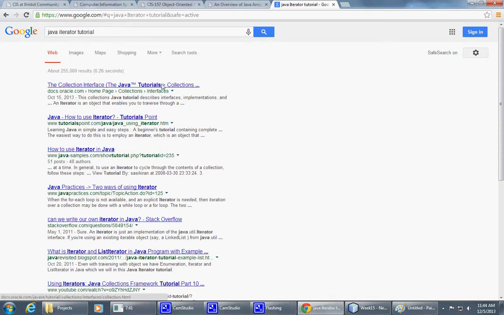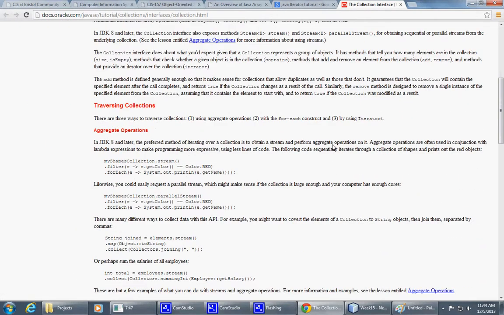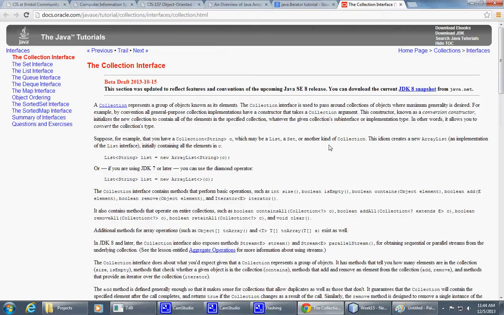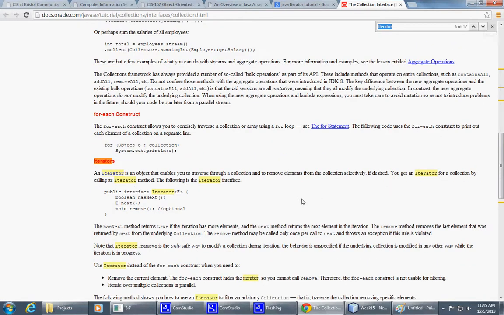So in the section that describes collections, it will be talking about the different possibilities that exist when you use the iterator, right? Obviously you're gonna have to read the entire tutorial. I'm just trying to jump to the section where they talk about it. So here it is,